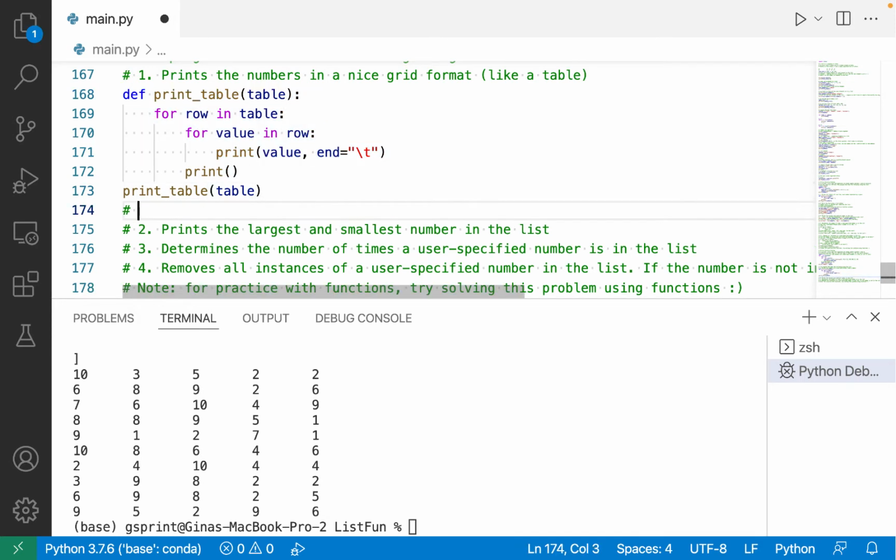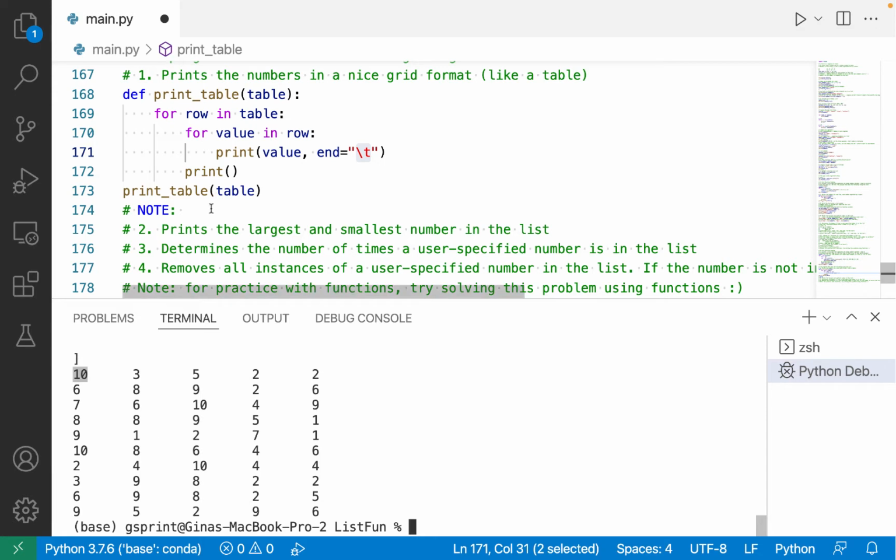I'll put a little note in here that this print table function is not very robust. Simply putting tabs in between our elements only works because right now our elements only have like 1 or 2 characters, meaning 1 or 2 digits in the integers. But if you start mixing in some larger numbers or maybe start mixing in some variable length strings in here, then our print table is not actually going to be a very good function for printing any table with any